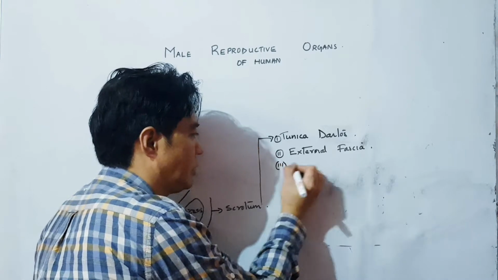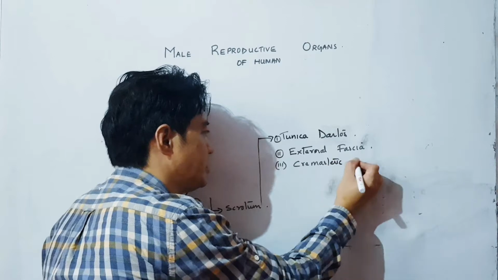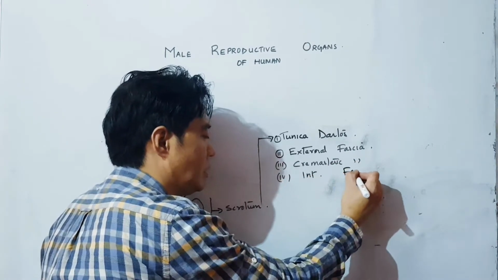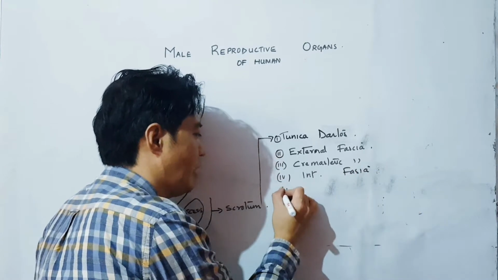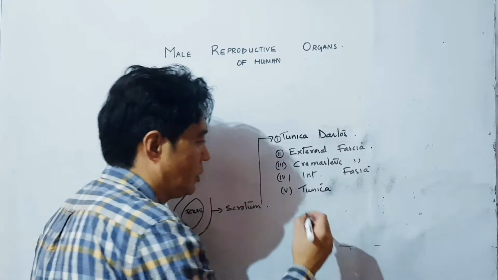Number 3, cremasteric fascia. Number 4, internal fascia. Number 5, tunica